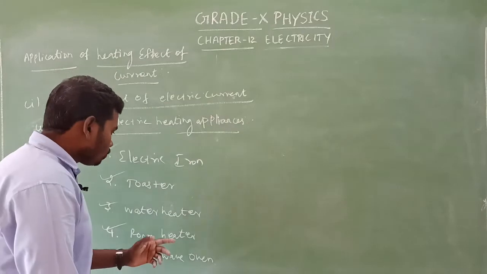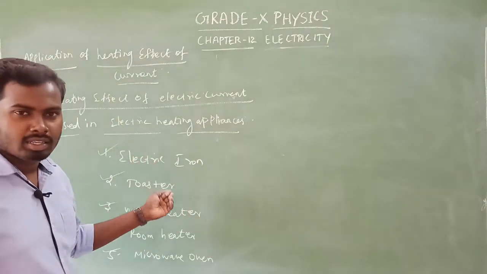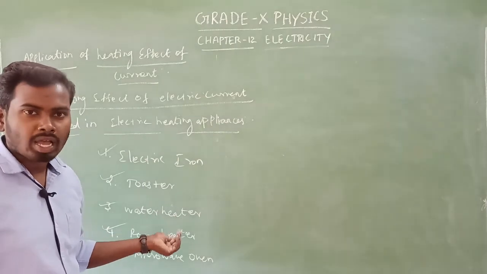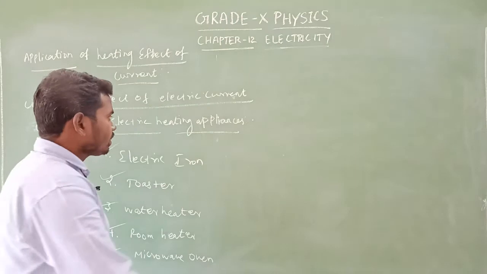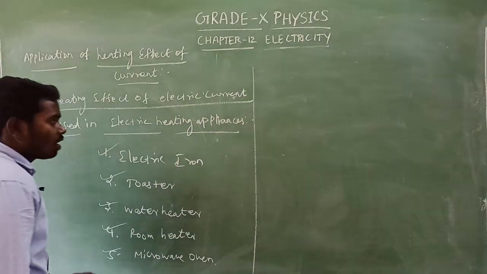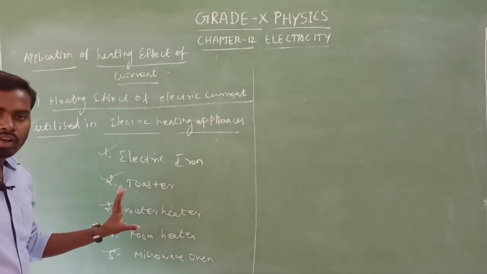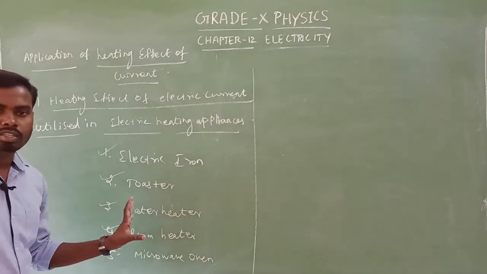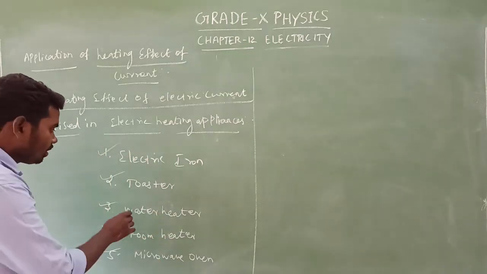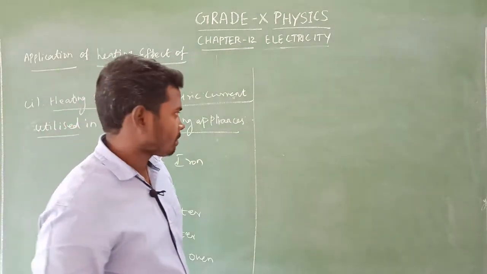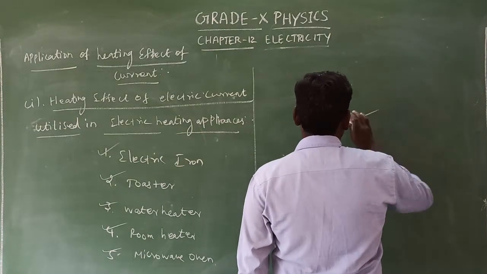So now we are going to see, sir, why such electrical appliances produce heat. Actually, what's happening there? What is inside it? That is a very big question, isn't it? Yes. Look here. These are all electrical appliances which produce heat. We require that heat for various purposes, isn't it? Yes. For example, I am going to consider the electric iron.